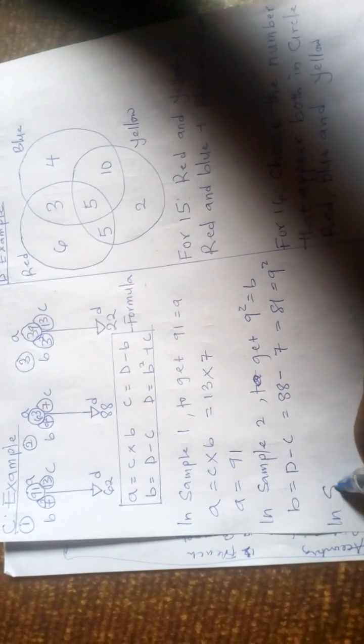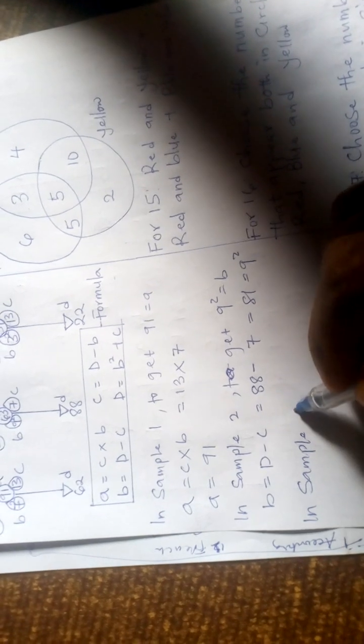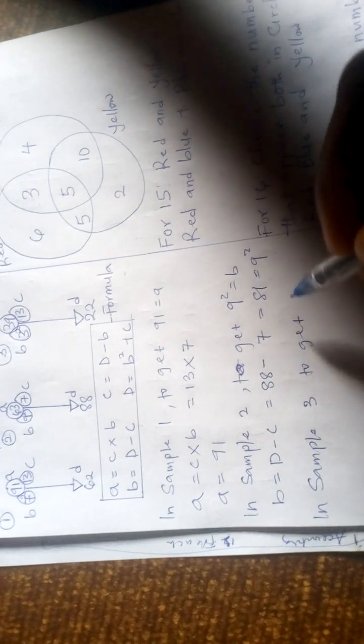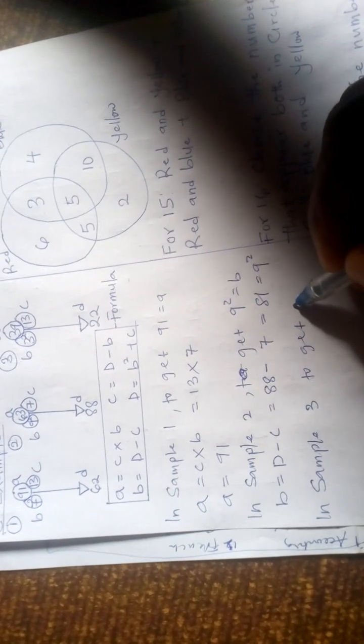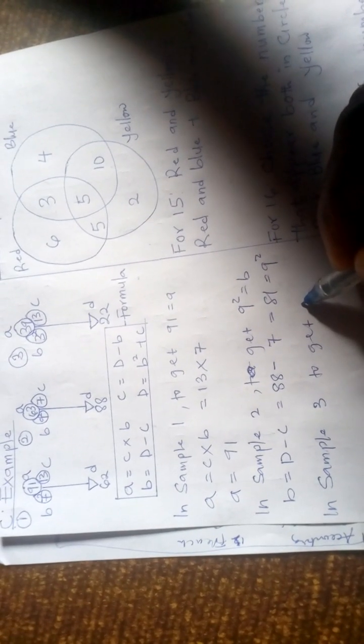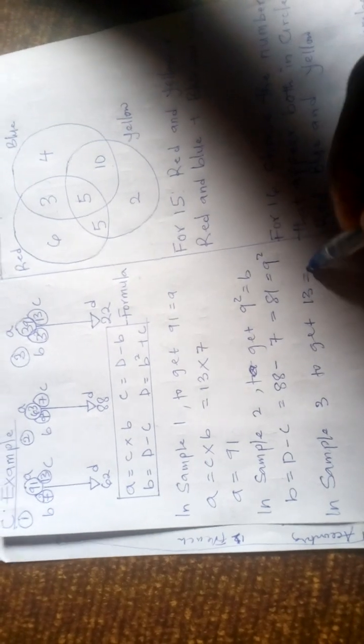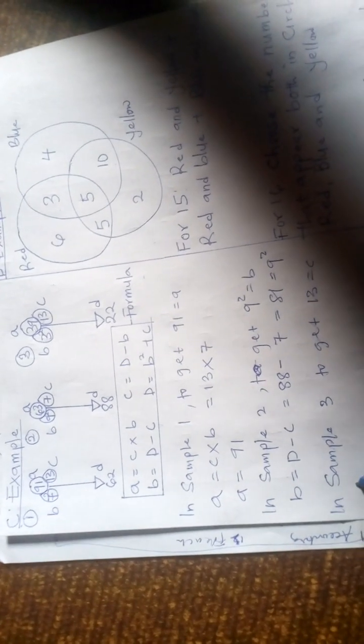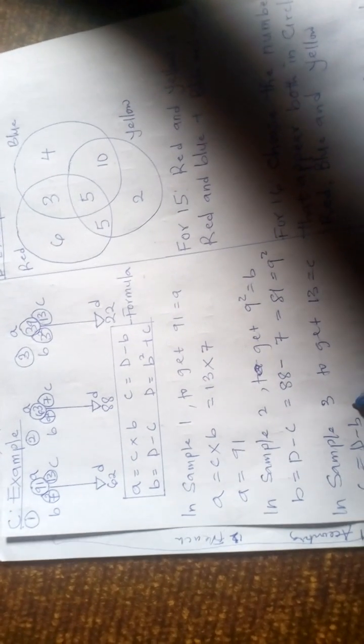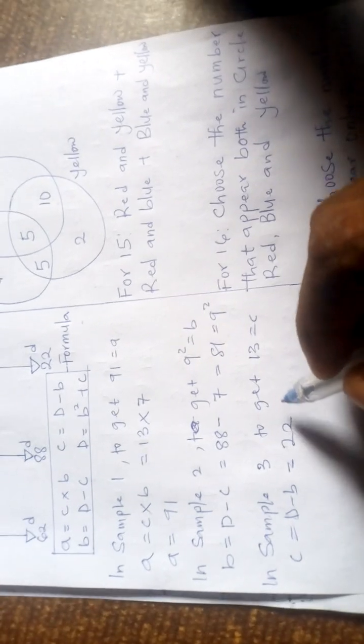Let's go to sample 3. To get 13, which is equal to C, the formula is C is equal to D minus B. Go to that sample now. D is 22 and B in that sample is